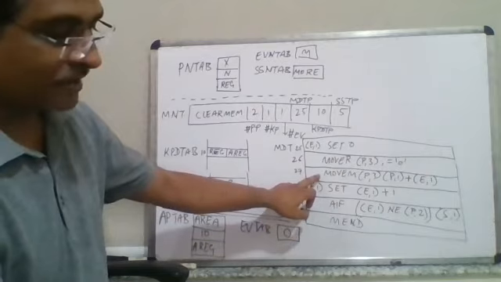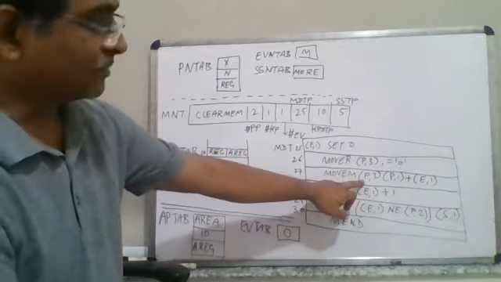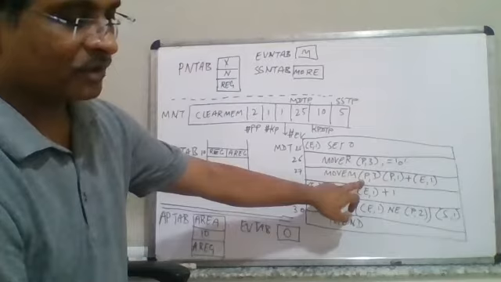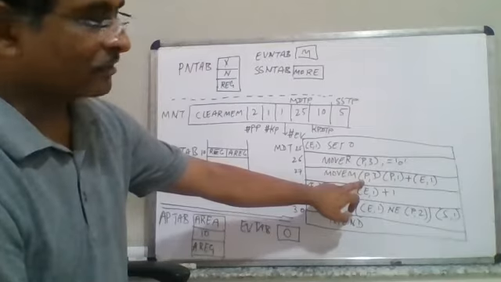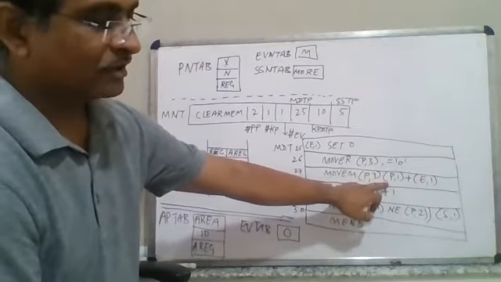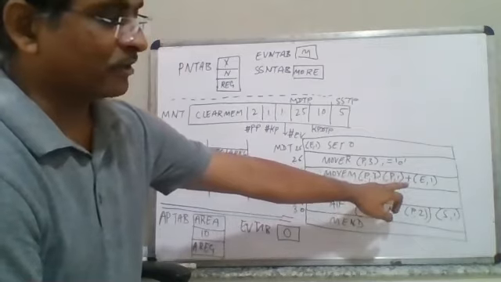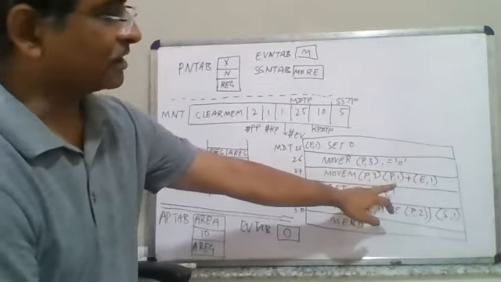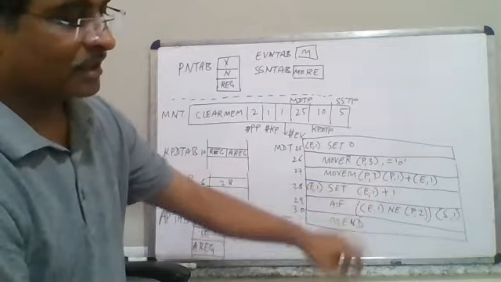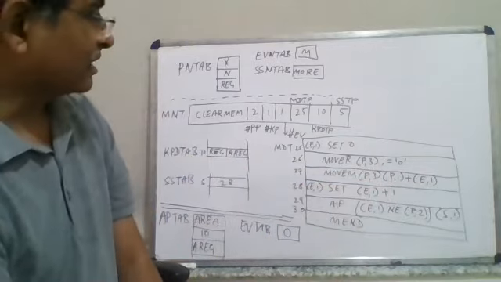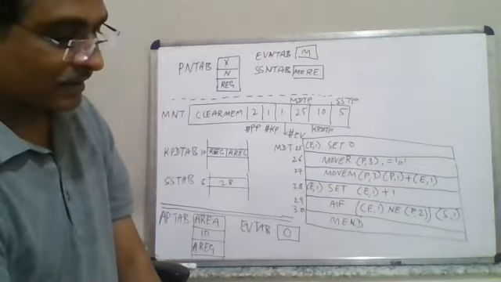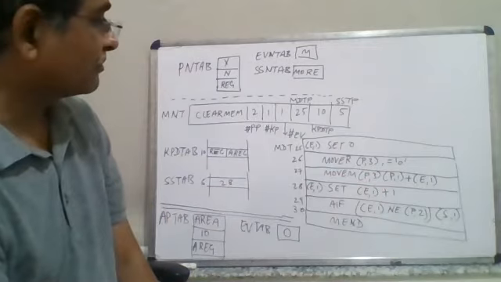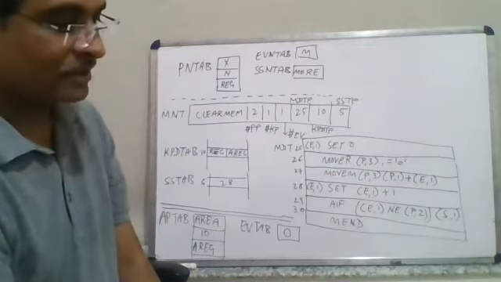Sorry, here if it is there, move m, then positional parameter was 3. Why? Because what was that? It was ampersand of reg comma ampersand of x plus ampersand of m. Right, so ampersand of m was e comma 1, p comma 1 is for x, and p comma 3 is for reg. So in that way, it is going to be there, right? So then e comma 1 is set to e comma 1 plus 1. So m equal to m plus 1.